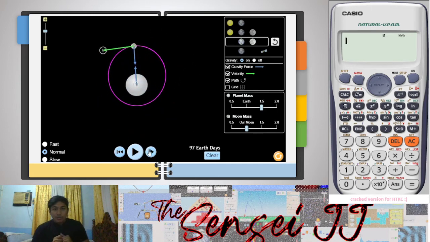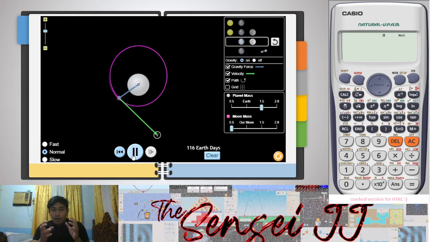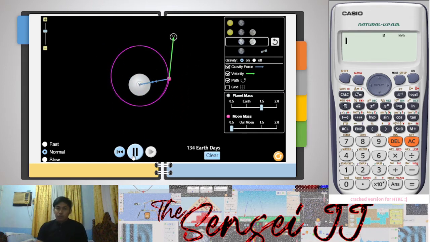So mas lumakas yung hatak ng gravity sa moon. And also niliitan naman natin yung mass ng moon. So ibig sabihin mas maliit yung force na naiibigay ng moon. And there is also a slight change. So what will happen if we